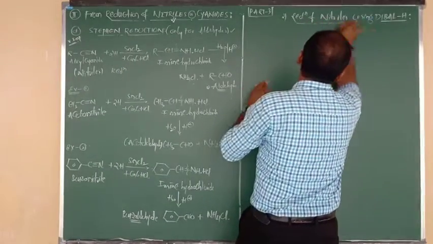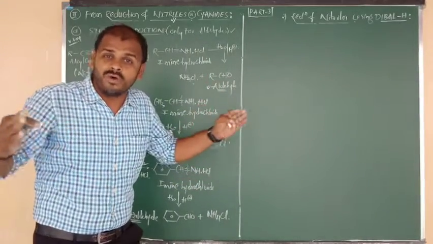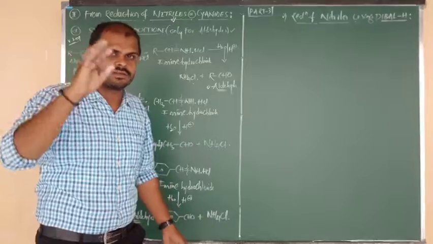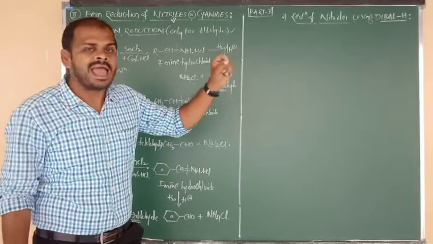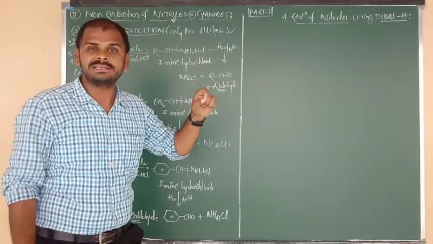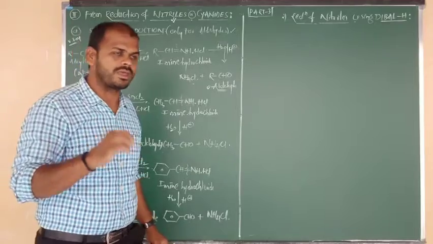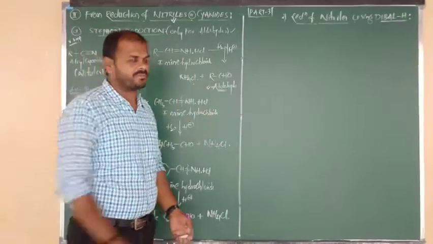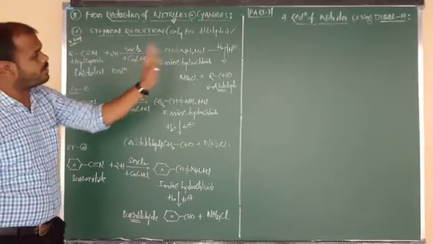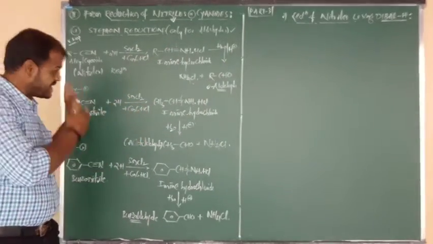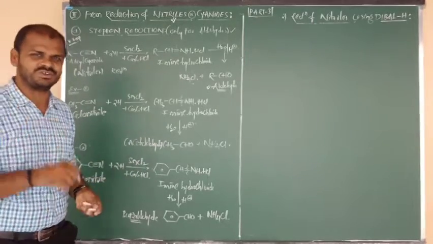So I will tell you the story, don't worry about that, what is meant by DIBAL-H, what is the abbreviation, what is the formula, what is the importance, everything I am going to tell you. But first of all, remember the name, DIBAL-H. DIBAL-H is a selective reducing agent. First of all, let me explain the reaction. The DIBAL-H reaction and the Stephen reaction, both have almost the same reactant, same product, same intermediate. Little bit changes are there. I will show you.